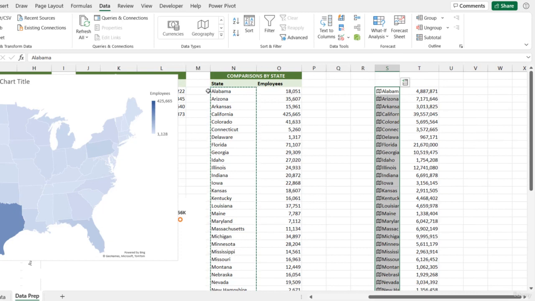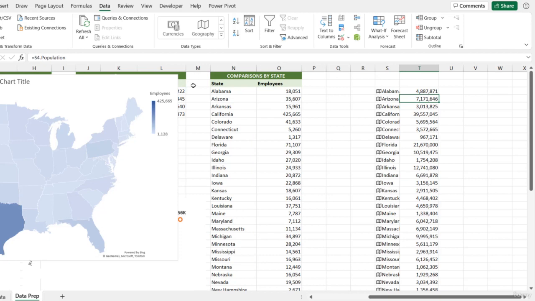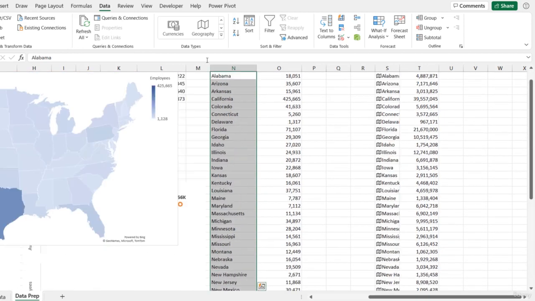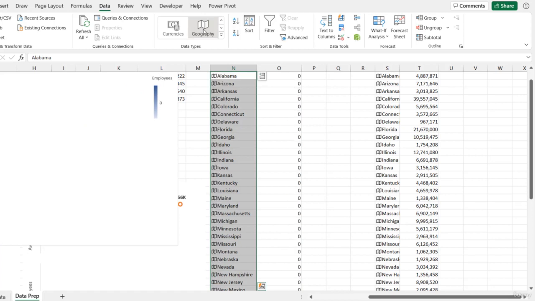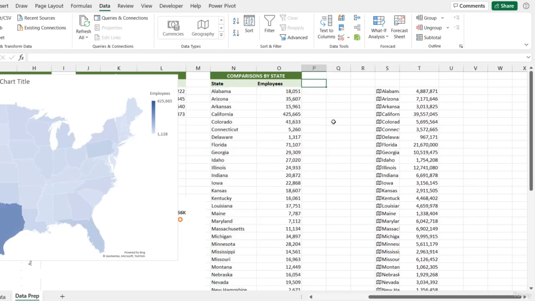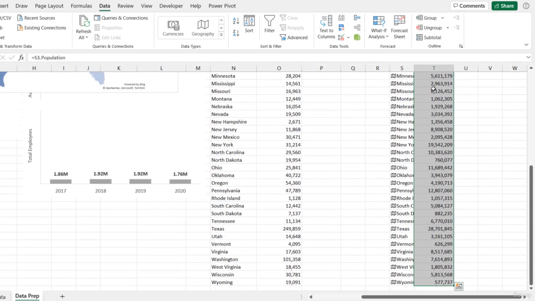Now, the reason why I had to copy and paste them over here to retrieve these values is that if I had selected these and then clicked on the geography data type, it will detect them as states, but it's also going to break our formulas here. So I'm going to undo and just add population here and just copy